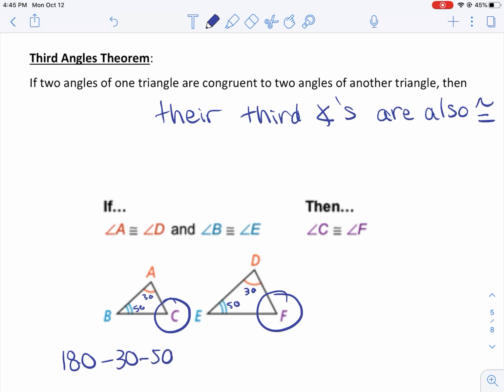180 minus 30 minus 50 is 100. That would be the measure of angle C if I did my math on the left, but that's the same angle measure I would get as the measure of angle F. So that's just handy if you see that 2 angles in 2 different triangles are congruent. What I just want you to make sure is that you are comparing 2 different triangles to each other, and that's pretty important when you're doing